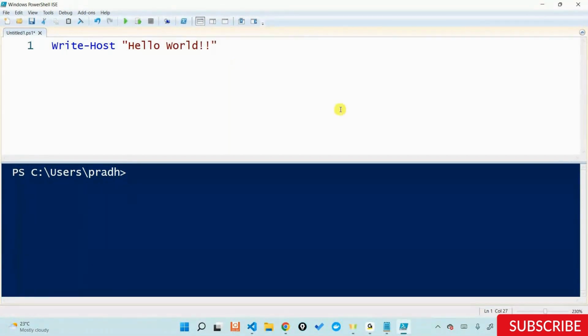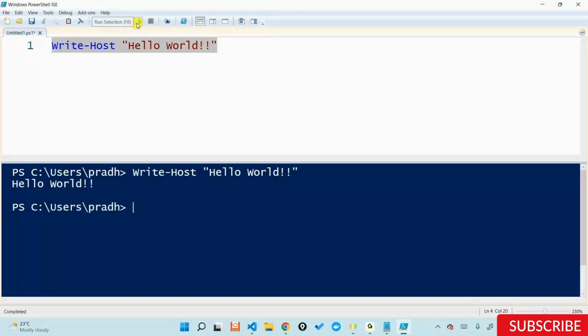And if I want to execute what I've written, there are two buttons out here: execute everything, meaning execute all the lines, or execute one specific line where your cursor is. I'll just click on this one. It's either F8, or you can click on this particular button. As and when I execute it, this is the input, and now it's giving me the output called hello world. So it's telling me, okay fine, this is your output console.